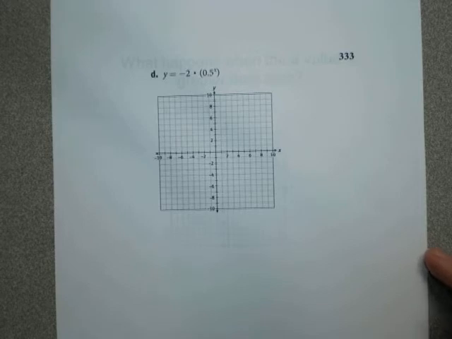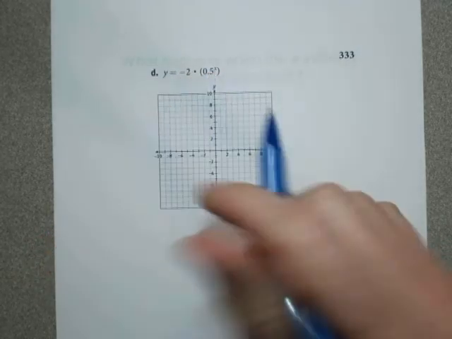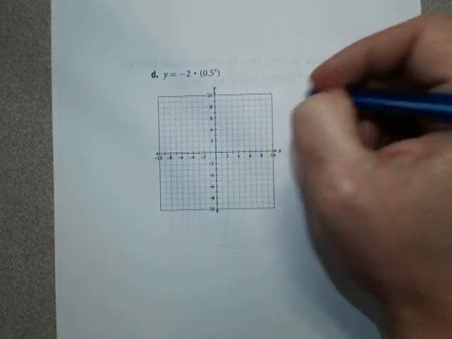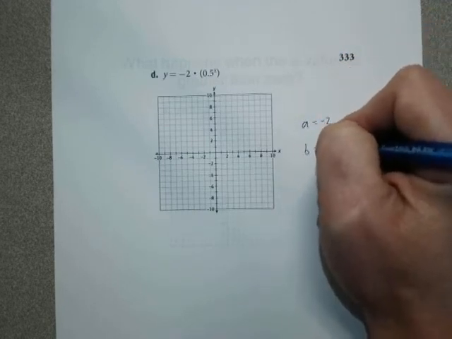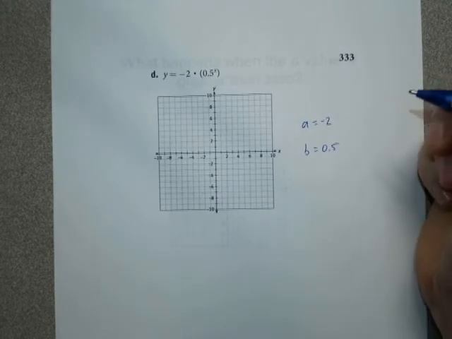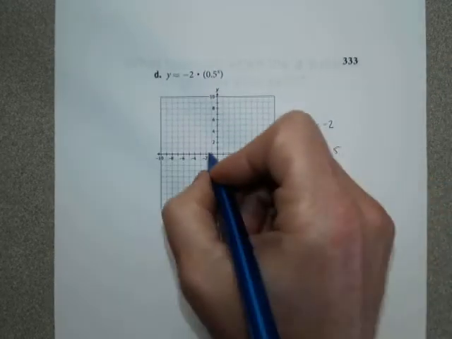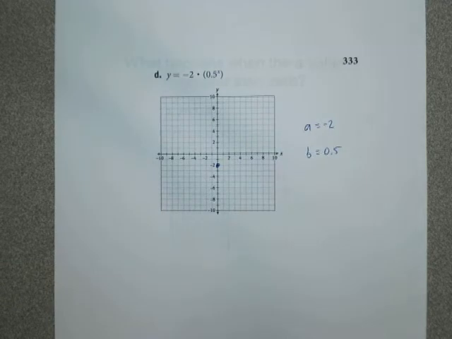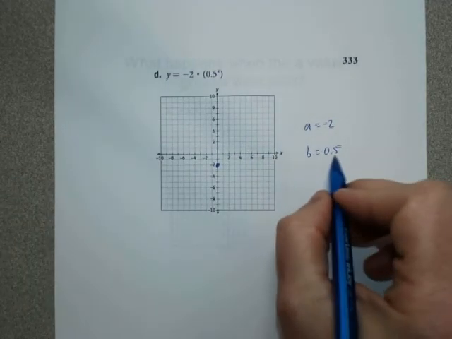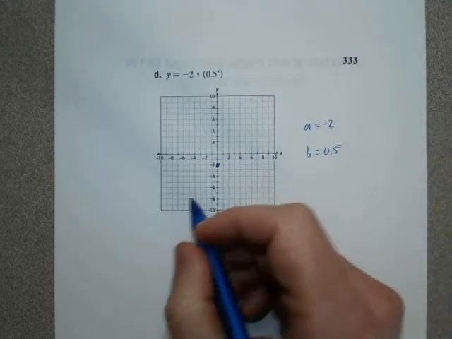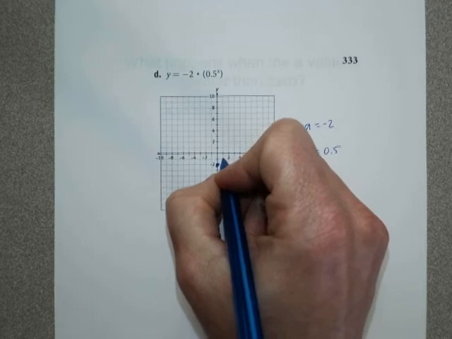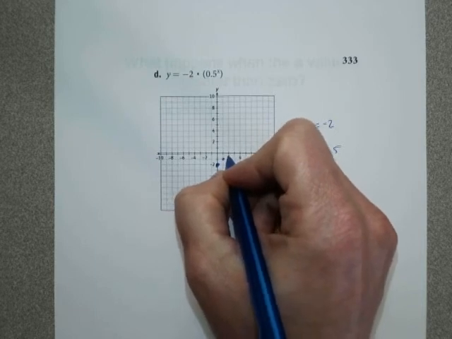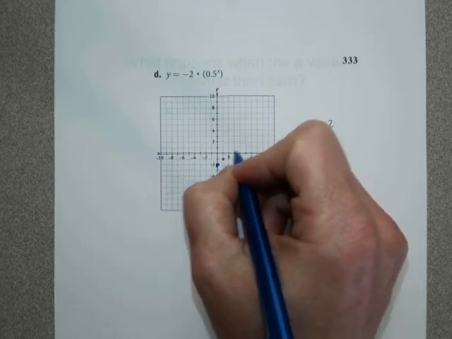So now let's try -2 times 0.5 to the power of x. And we have an a value of -2, a b value of 0.5, and we're going to do the same process. My initial value is -2, so that means when my input is 0, my output is -2. My common ratio is 0.5, or 1/2. So every time I move one spot, I'm going to half it. Half of -2 is -1. Half of -1 is -0.5. Half of -0.5 is -0.25. And we are going to